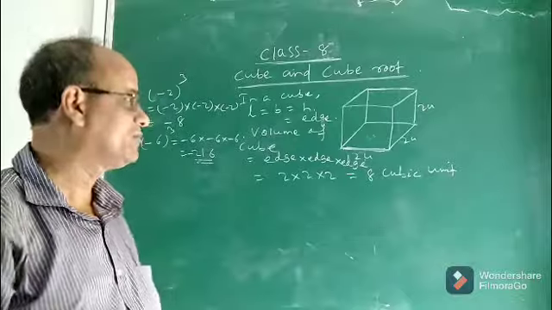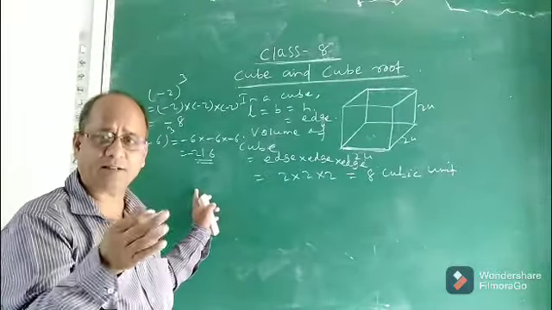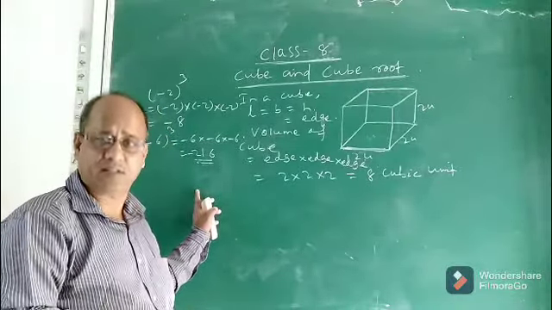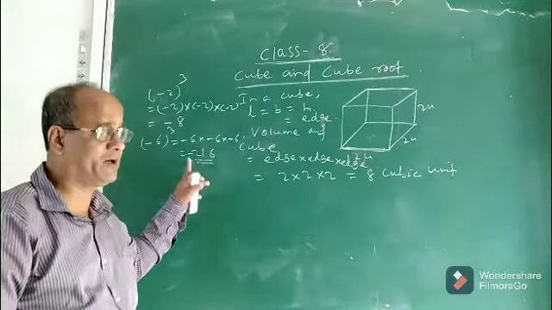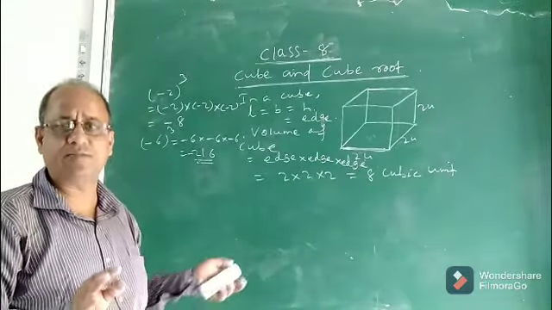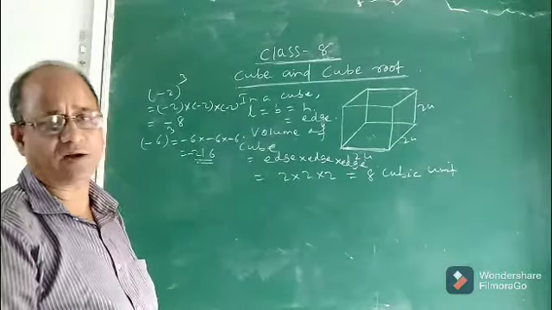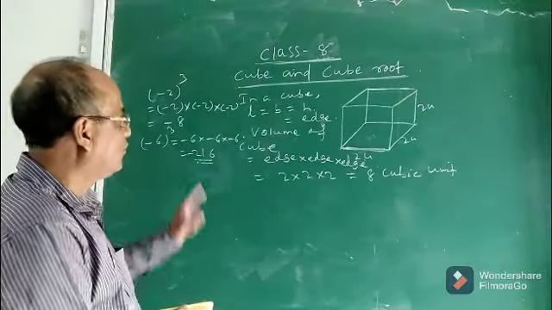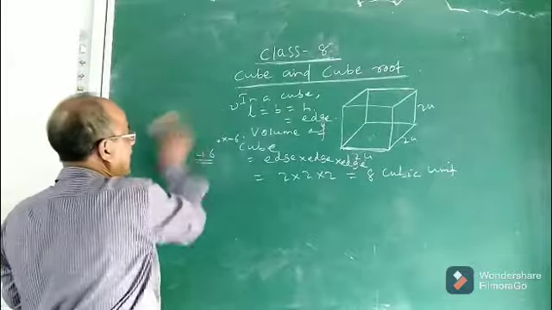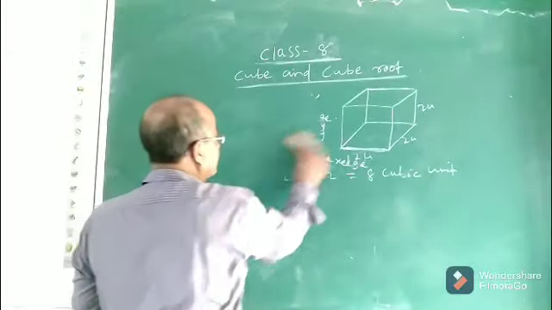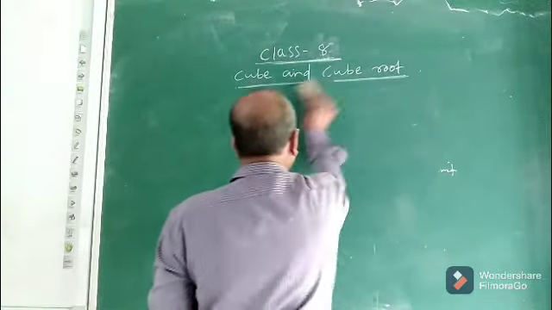Cube of a number means we have to find the product of that number three times, meaning we multiply the number three times. Then only we will find the cube of a particular integer, maybe positive or negative. Then what is a perfect cube and cube root? Now we will discuss. What is cube root?